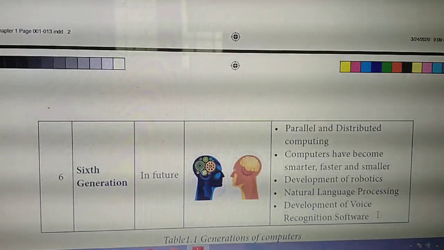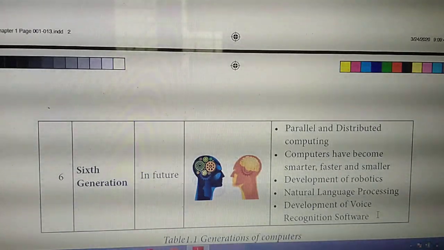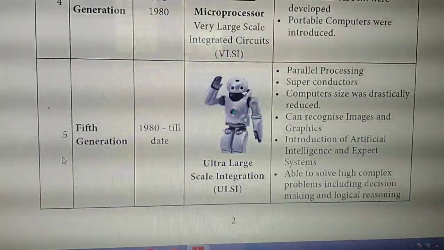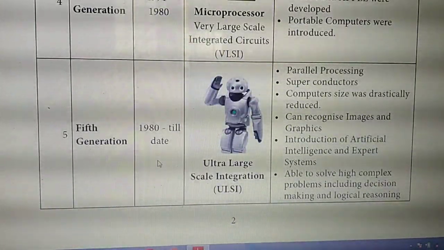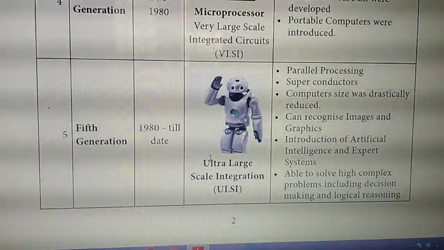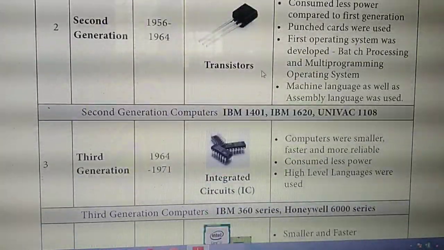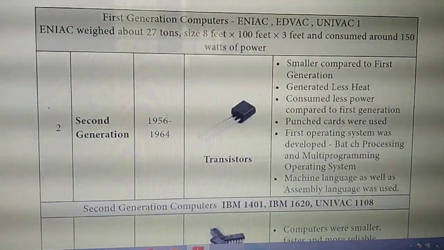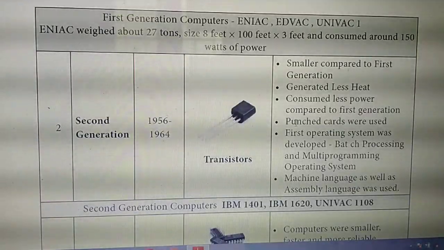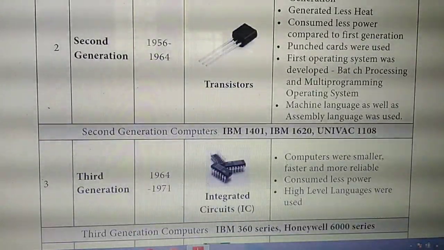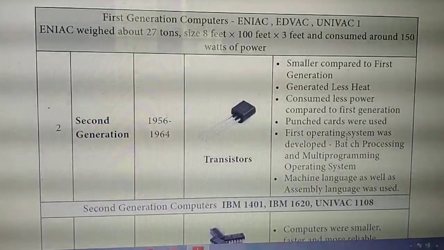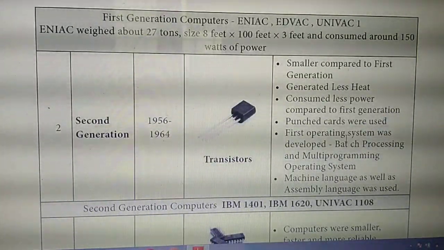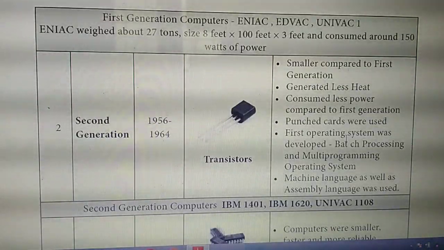So if they ask this, it is also a very important 5-mark question. If they ask for 5 marks, you should draw the tabular column like this. You should put a serial number, then in this column where diagrams are given, no need to draw. But below the diagram, what they have given, that you should write: transistors, integrated circuit. Then here, so many points are there, so for each heading you should write minimum 4 points. If they have given 3 points, 3 points are enough. Otherwise, minimum 4 points you should write. Understand? Very important. 2 important 5-mark questions. What are they? First 5 mark, and this one, very important.